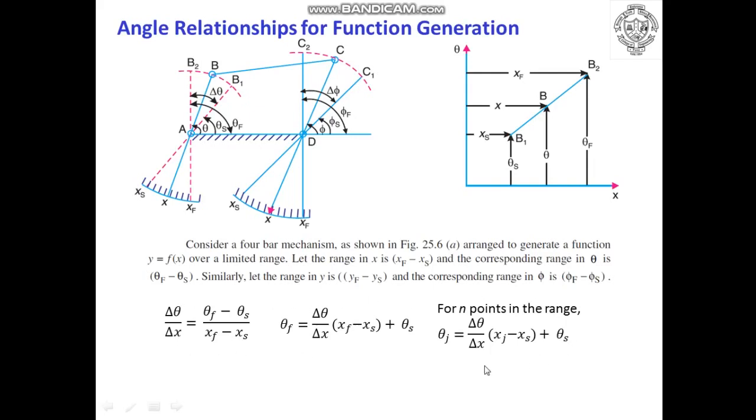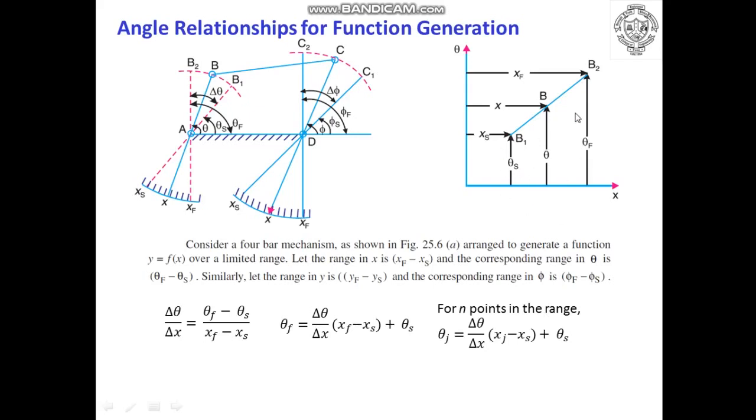To formulate this generalized formula for finding the angle relationship, initially it is an approximated approach, which we have already studied in numerical methods. There also we considered the response of the parachute to be a straight line previously, and as you go on reducing the step size between the x values, you get the accurate shape of the response curve. So initially it is considered a straight line, and hence the relationship between x and theta is considered linear.